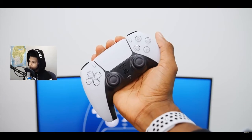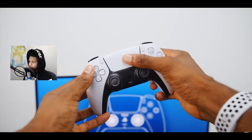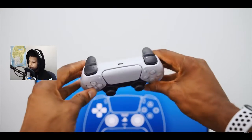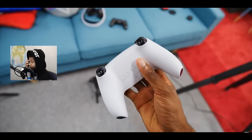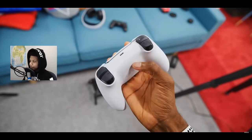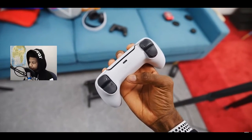You can see the layout is basically exactly the same: triangle, square, circle, X on the right, arrows on the left, trackpad in between, and then around the back, there's no removable back anymore. I like that there's a built-in little mic in the DualSense controller. It saves you money from having to actually buy a dual mic, but it depends on how good the quality of the built-in mic is. We'll just have to see. There's a built-in rechargeable 1500 milliamp hour battery, and the port to charge is thankfully USB Type-C. Now I'm excited to test this controller's haptic feedback and new improved triggers and the responsiveness